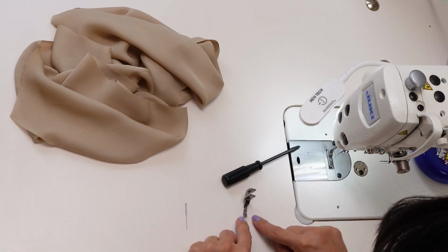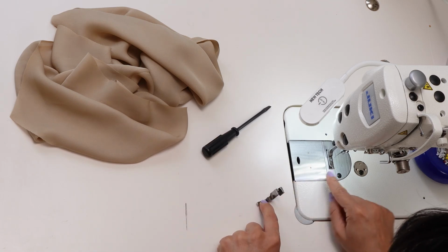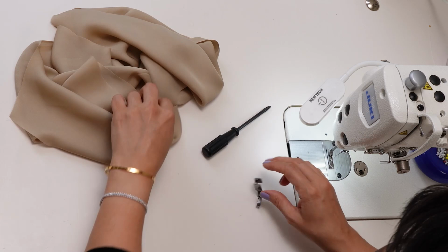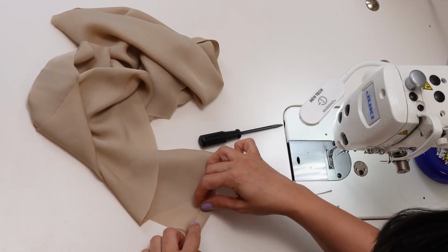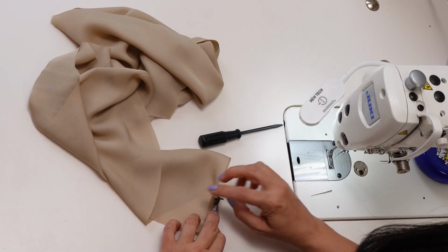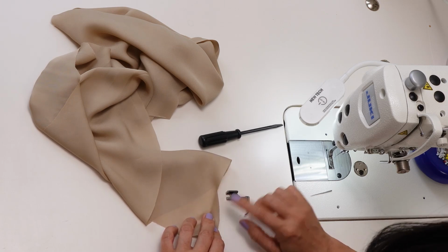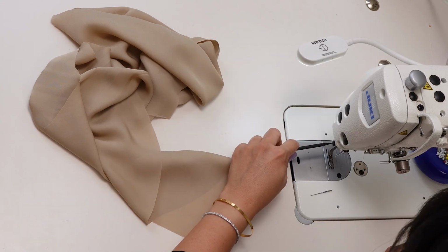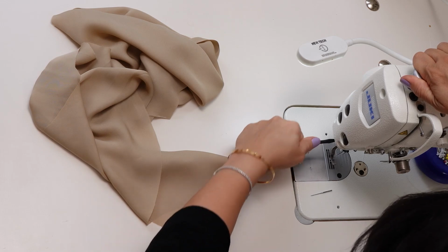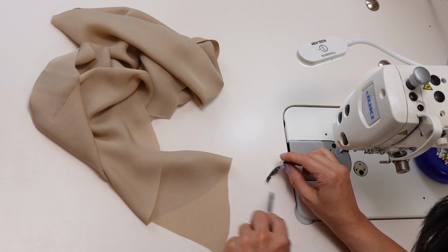I usually use this type of a very close edge ones. This is not in this side though. I use it on the other side, because this is where I put the fold in, right? When I am folding this one in here, I do not use it in this side. So the needle should be on the other side, so that I can go as close as possible to the edge. Let me just take this and show it to you. So I am using this one, which is on the right. There is a hole, like a little